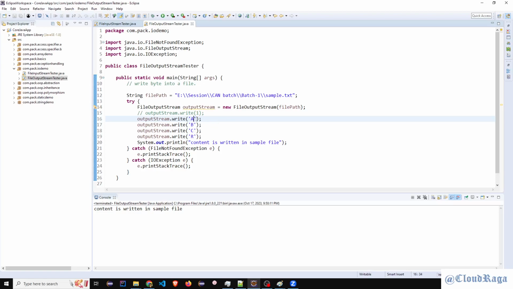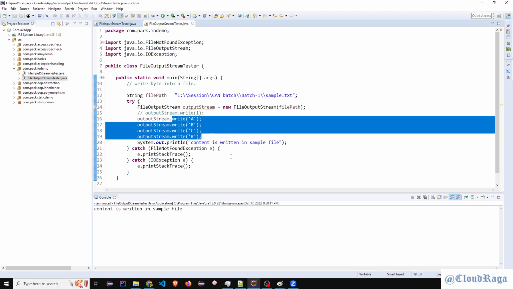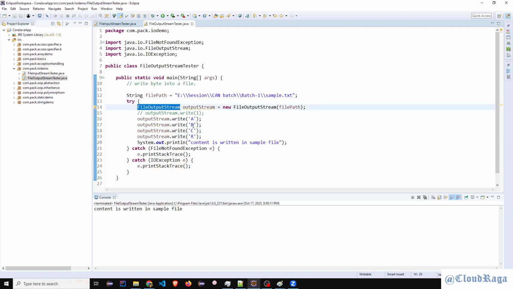But the condition is you can write one piece of data at a time, in bytes. So you have to call this write method multiple times. That's why you have to figure out a way to write multiple values. There should be no limit, just write as you want. So give it a try. Figure out how to write into a file by using FileInputStream, and see how many solutions you get. And try to run them in your Eclipse.